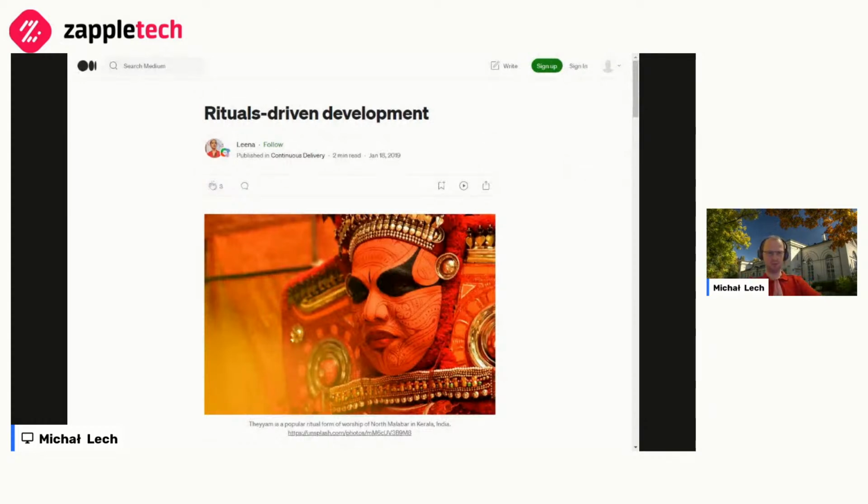So firstly, what it is, what makes development ritual-driven, where does it happen? Is it always bad? Is it just a monster that I'm going to warn everyone against, or does it have a use? Where does it come from? What can cause it?